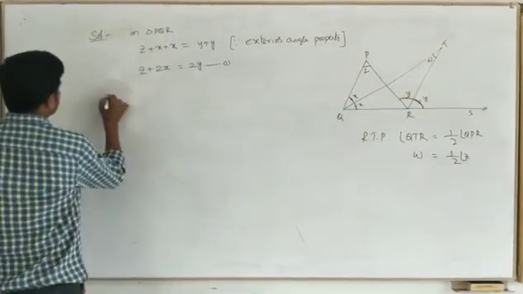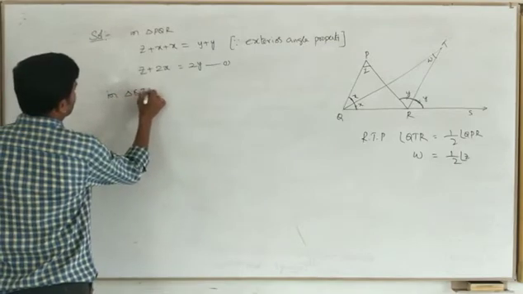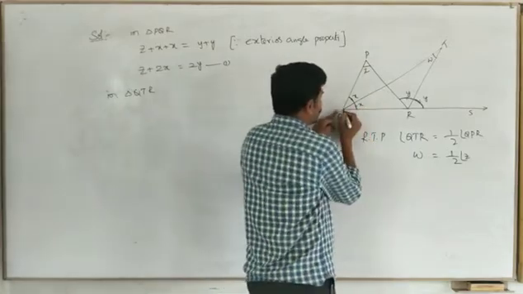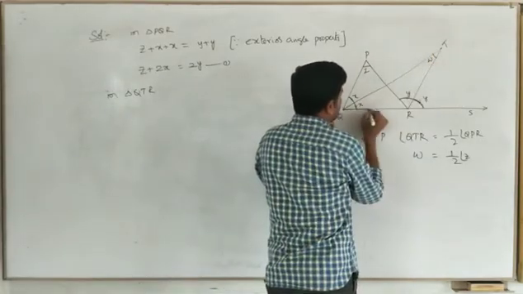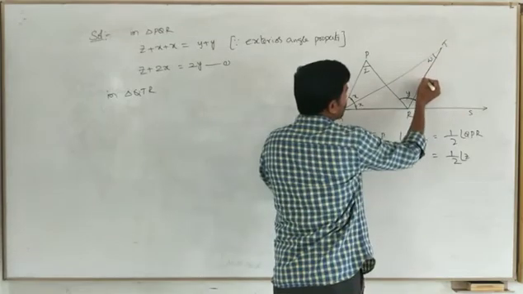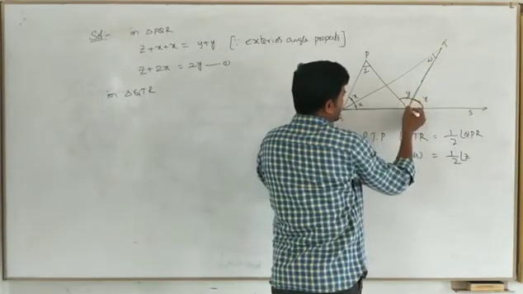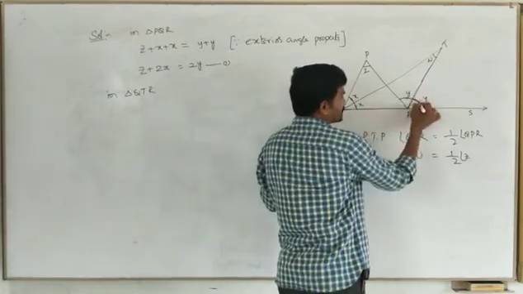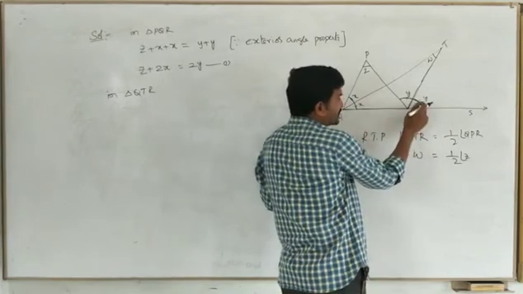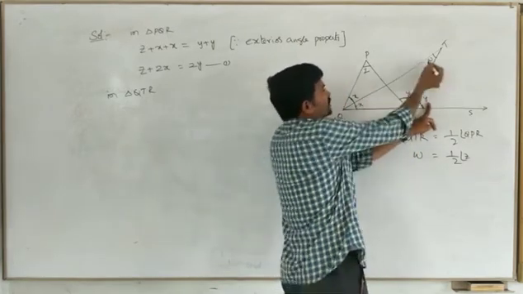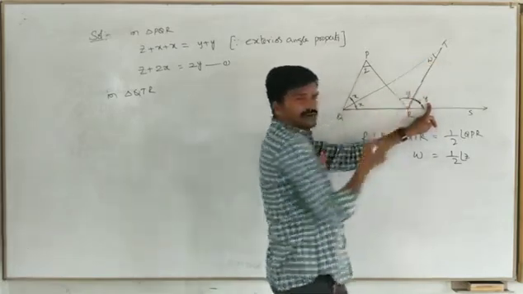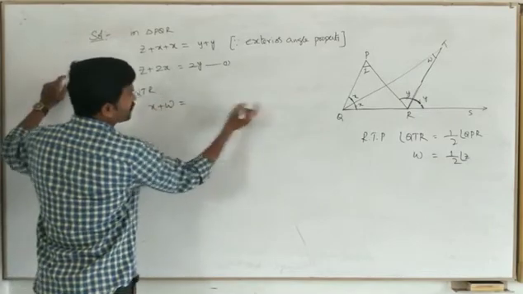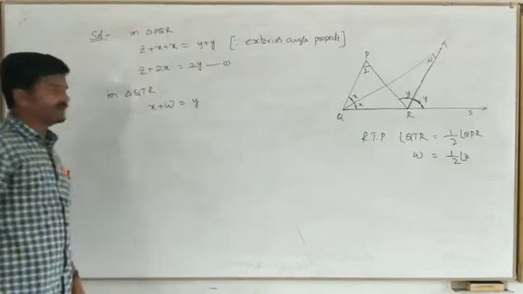So in triangle QTR, I am not writing the names directly here, only as per the diagram. QTR. This is the triangle. If I draw it a second time, then not. So this side is extended, so this exterior angle is forming. This exterior angle is equal to the sum of its two opposite interior angles. So x plus w, or not? Yes, sir. So x plus w is equal to what? Y. Are you clear?